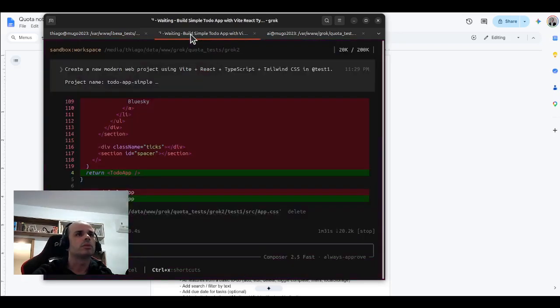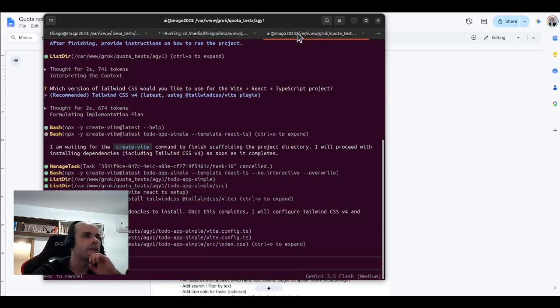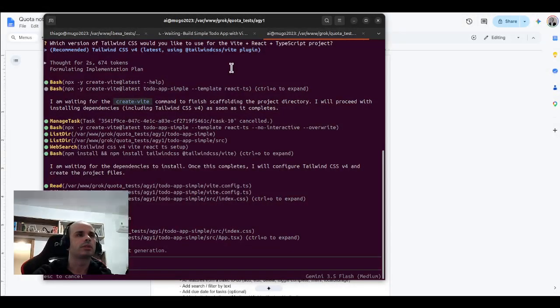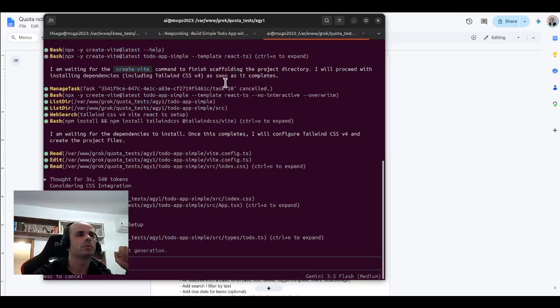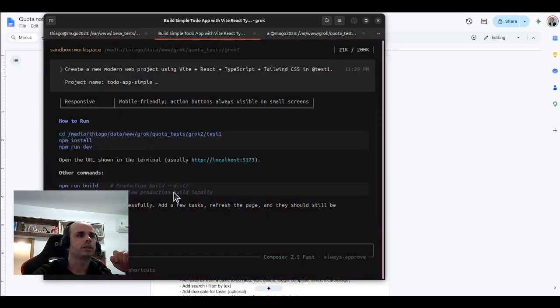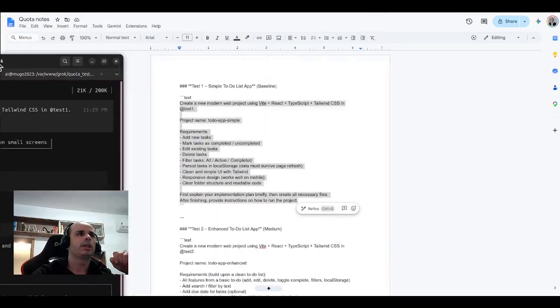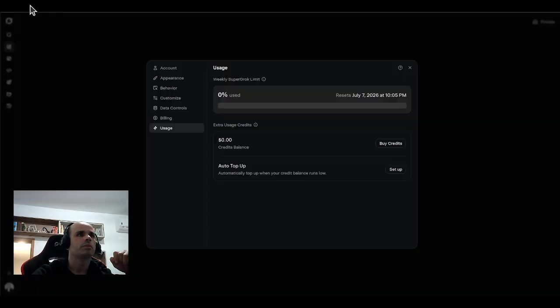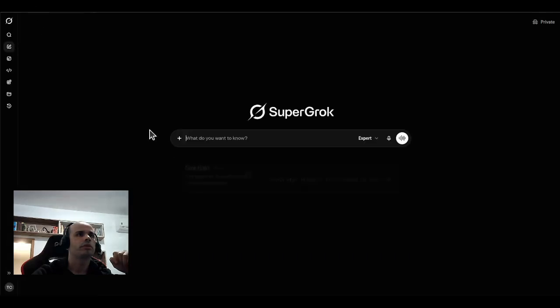Let's see here. Both tests are still running. I think it's going to take some time, but I'm going to record this live anyway, so everybody can see how long it takes. Last time it didn't take that much. Okay, Grok has already finished, and I'm going to check Grok here. I'm going to refresh this page,